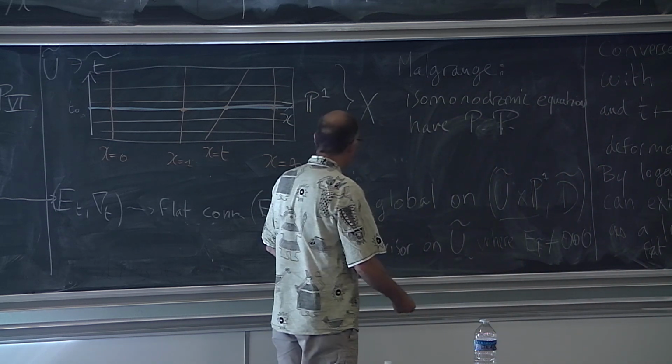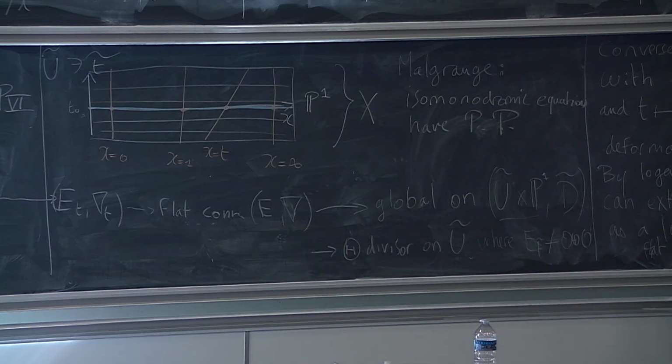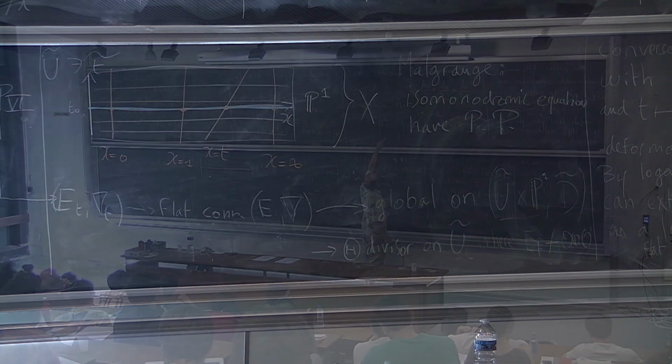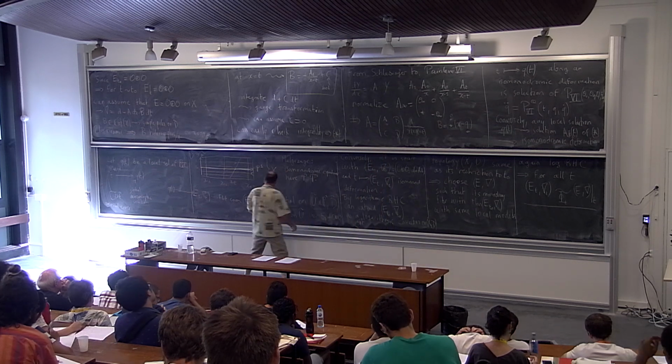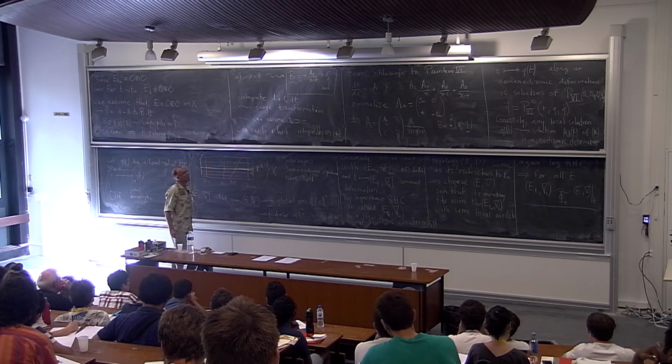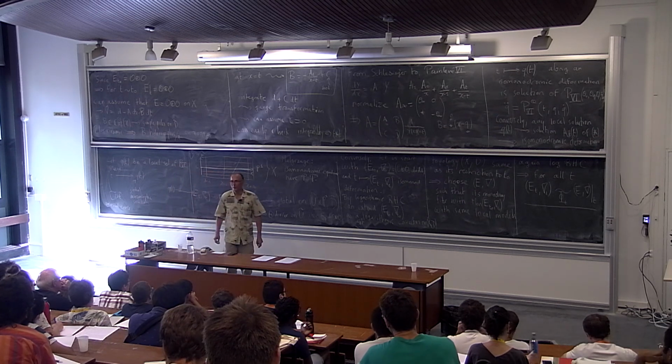And using this bimeromorphic trivialization, you can do all what we did before, except that at the end, the Q of t will be no more holomorphic, but will be meromorphic. You will have a meromorphic deformation, so the entries of the system will be meromorphic in t, and the poles will be concentrated on the theta divisor, but you will have a global meromorphic continuation. And I stop here for today. Thank you.